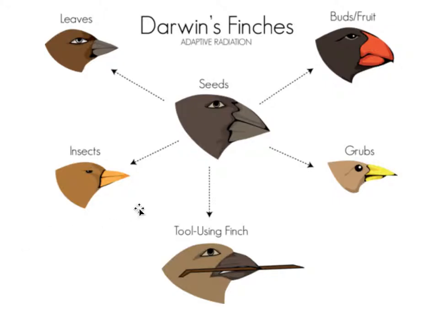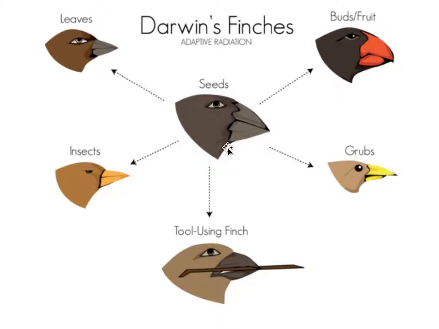Here is what we mean. This is the original ancestor finch from South America. It flew to all these different islands, and on these islands it evolved to have a different beak size and shape based on the kind of food that was available on that island. So it shows us that the bird was able to evolve into different species,